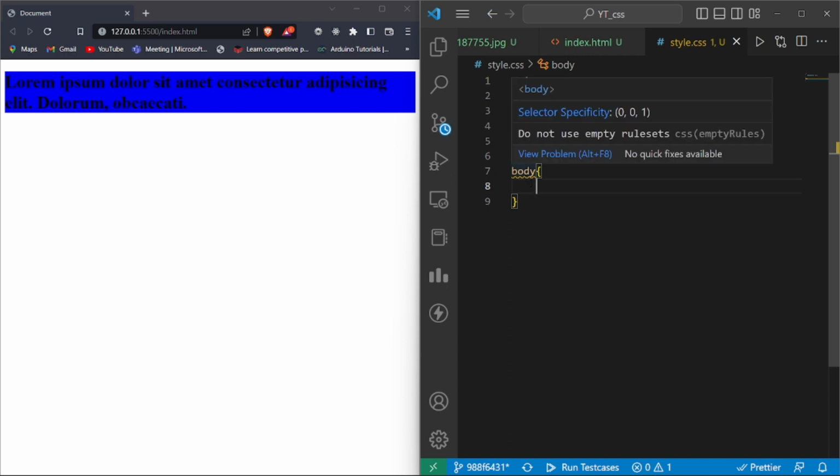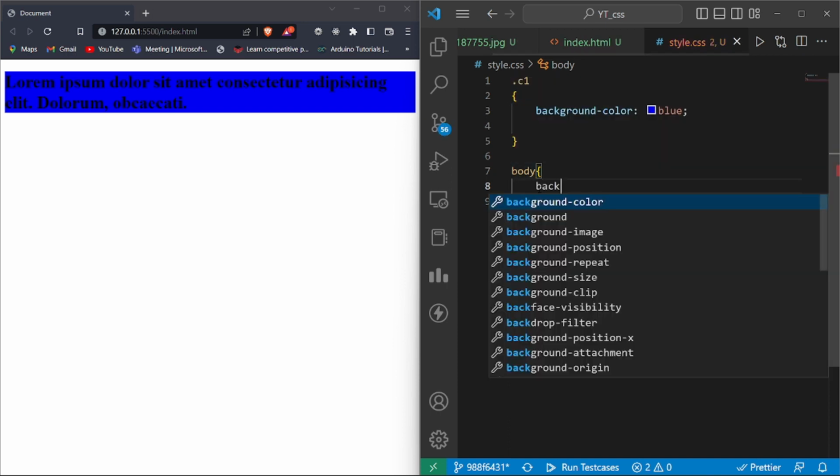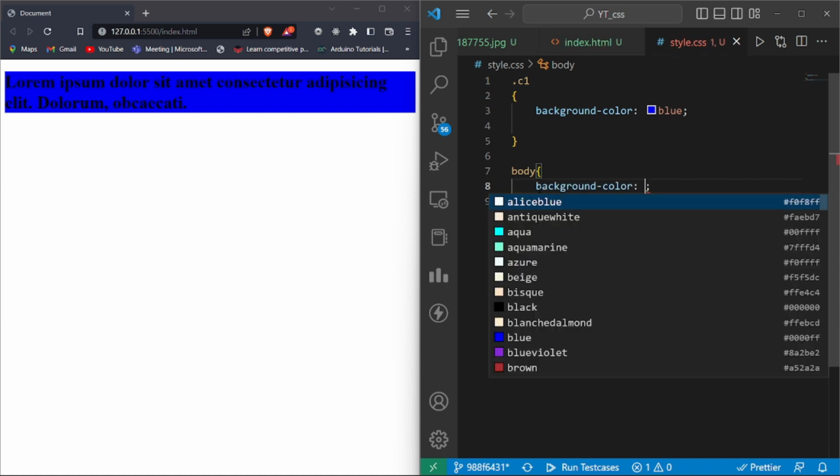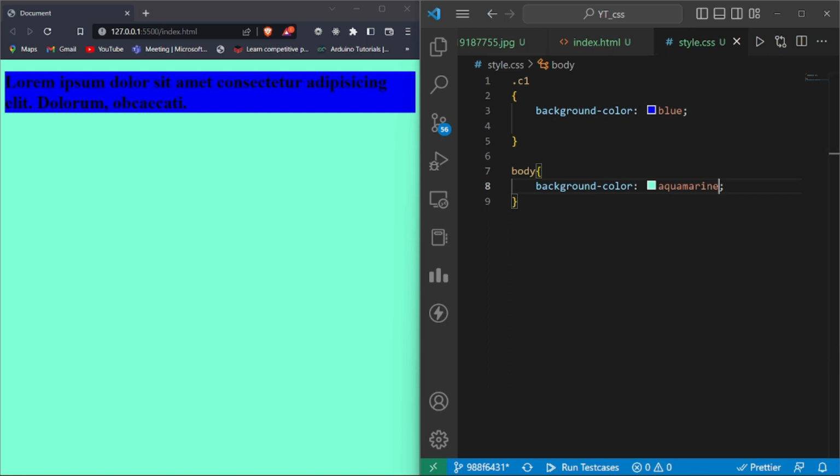So just directly type body and set the background color. You can just type bg and color, then hit enter. VS Code automatically included the background color. Select the background color. Here you can see the background color of the whole web page is changed. Okay, this is one property, that is background color, which is used to improve the readability and design of